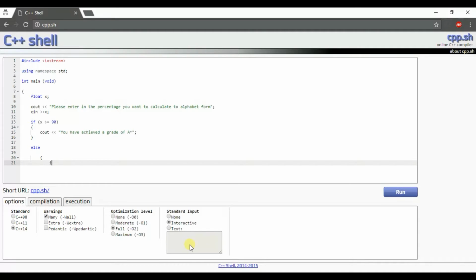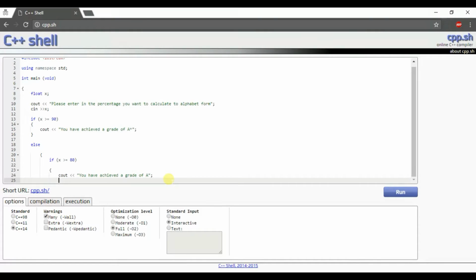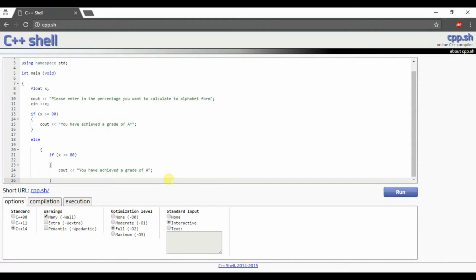So we do if, again, x is larger than or equal to 80, then let's just copy this and keep it as is. Cout you have received a grade of A. And we end this,